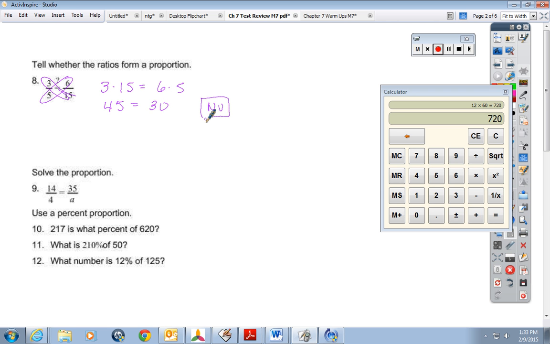On number 9, cross multiply and divide again. 35 times 4 divided by 14, which is a repeat. This one was already on here. So A equals 10, or just 10. Okay, this one, 10, 11,